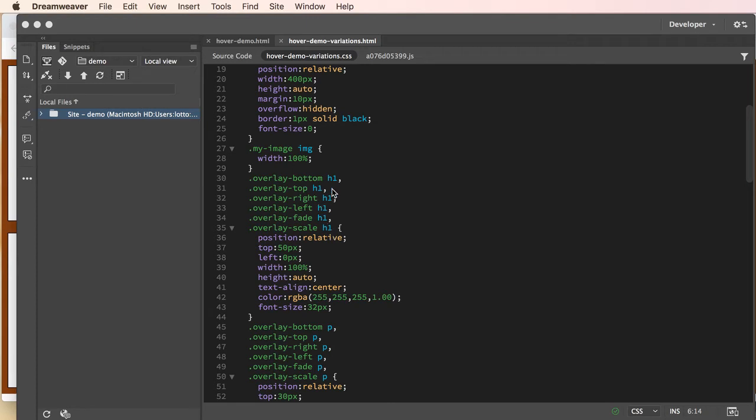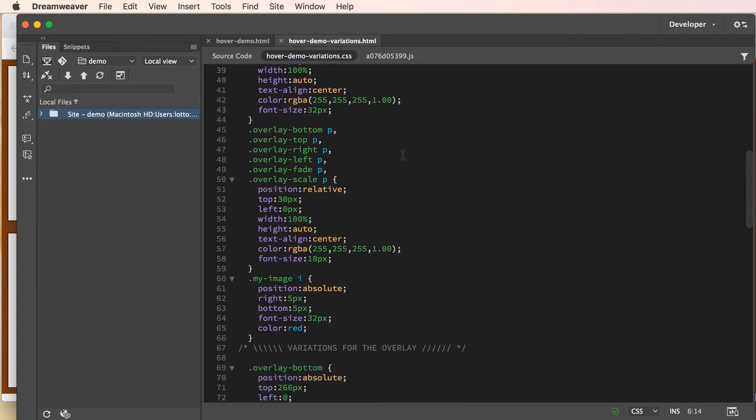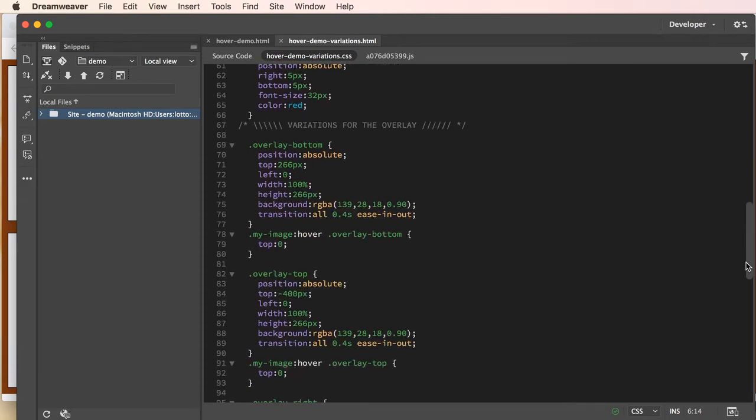Okay. Now I could have said just H1, but what if in your project you had other areas, other elements with an H1 inside? So we're going to be specific. Then if we scroll down, you will notice that we have the same setup for the P tag. Okay. Now, if we scroll down a little further,